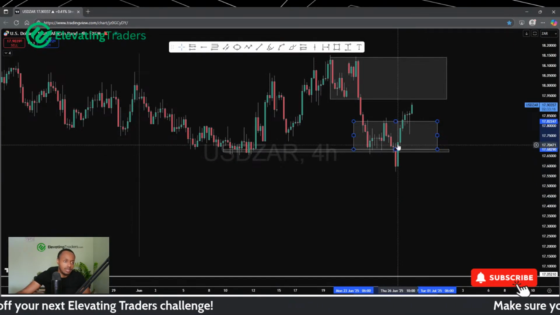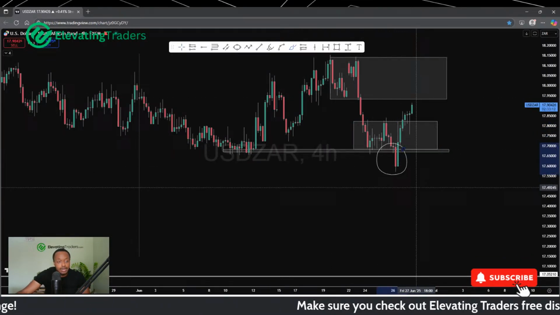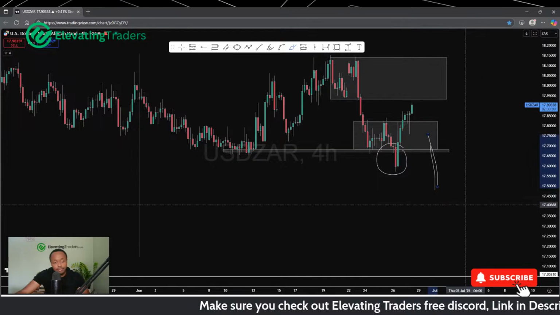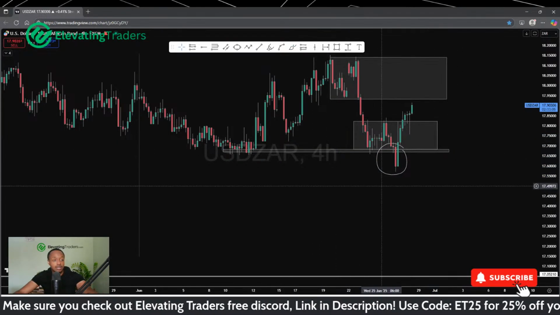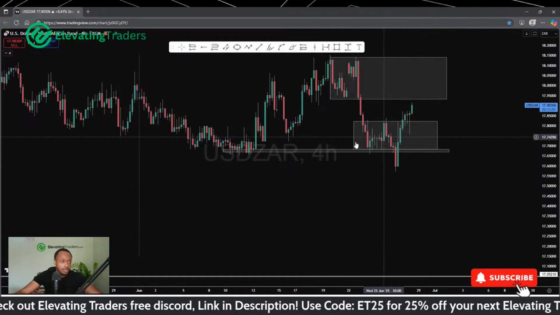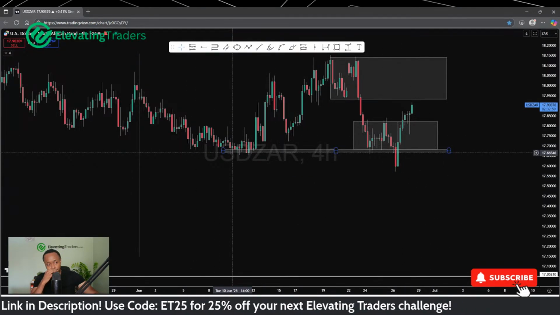And the fact that we did close straight back above in the next candle, you know, this is a textbook fake out, close below, close back above. Yeah, that's literally as textbook as it gets. And also, provided we did leave a big wick on the daily chart, this does tell me that support is holding very well. And we could really see price rally here.